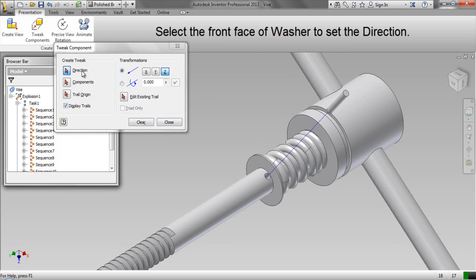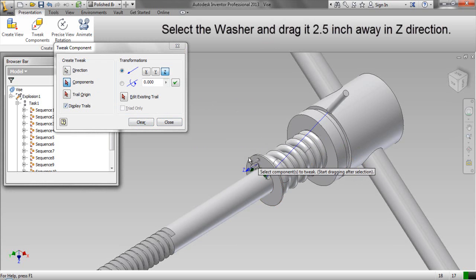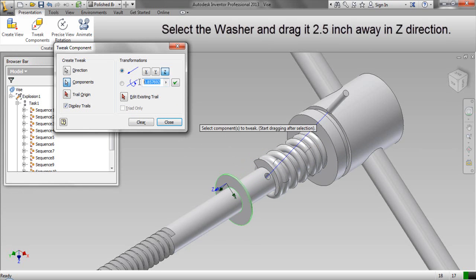Select the front face of washer to set the direction. Select the washer and drag it 2.5 inch away in the Z direction.